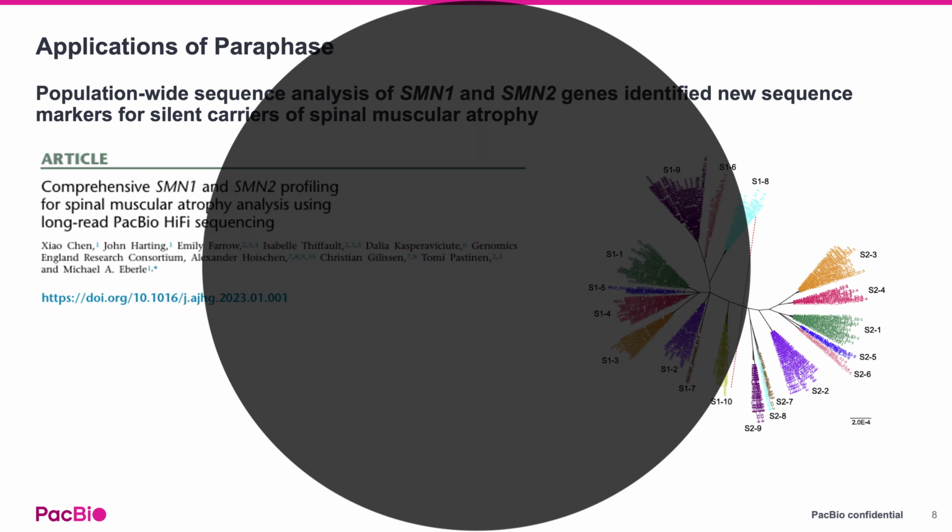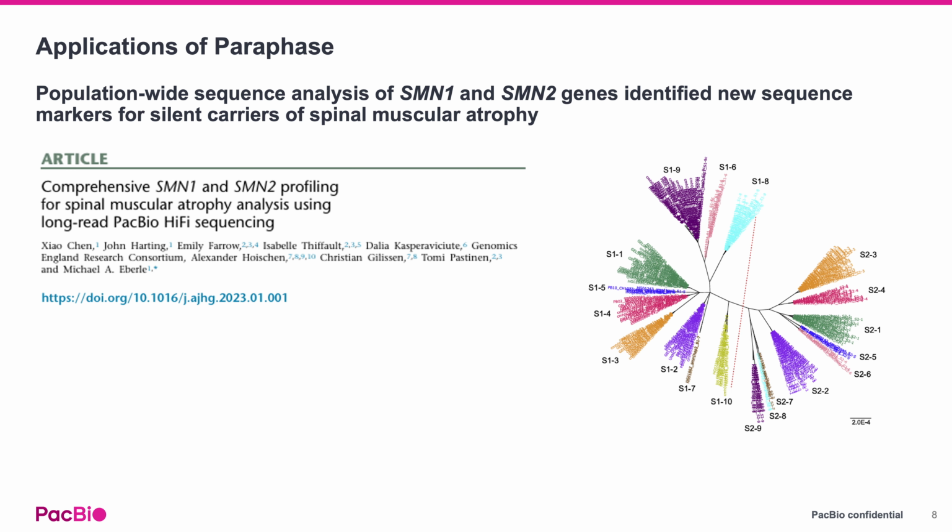Next, I'll go over a few applications where Paraphase is used to study different problems. In the first example, Paraphase is used to resolve the complete sequences of SMN1 and SMN2 in hundreds of individuals from 5 ancestral populations. The authors classified SMN1 and SMN2 haplotypes into different groups based on the sequence, and identified